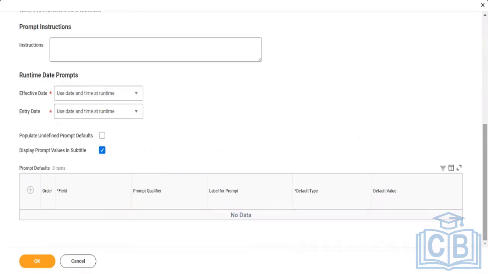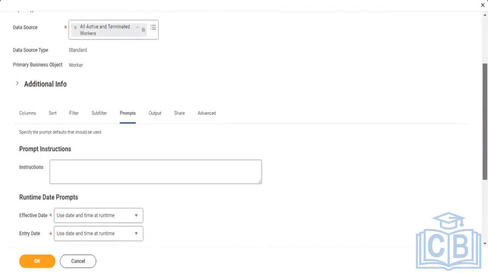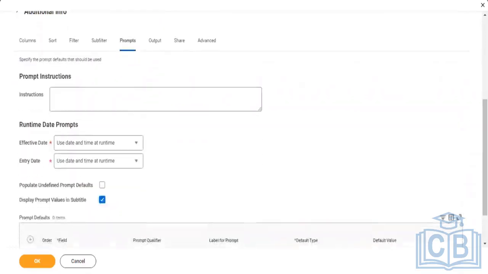Now let's say your organization headcount is around 10,000. You're creating a report. When you want to test whether it is returning accurate data or not, you will not test for huge numbers of employees, because you'll not be able to validate. First, you'll be testing for limited employees to see whether all the data is populating in your sandbox tenant. If you want to do that level of testing,